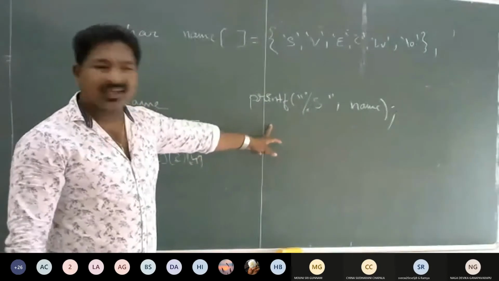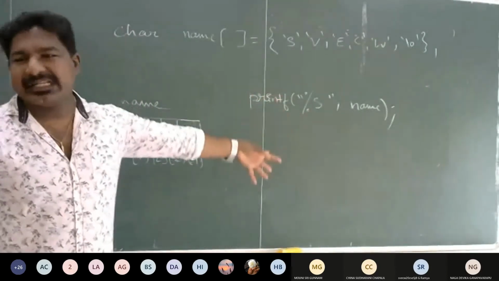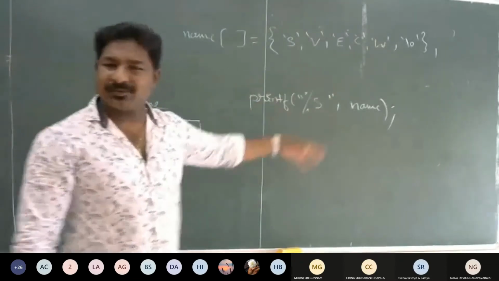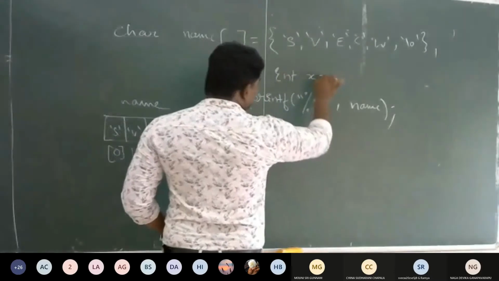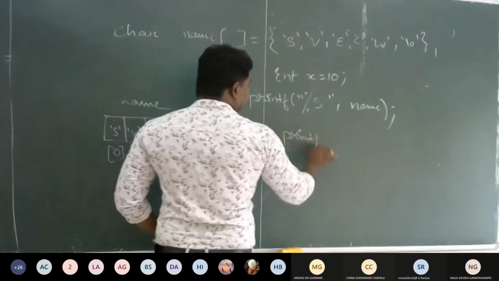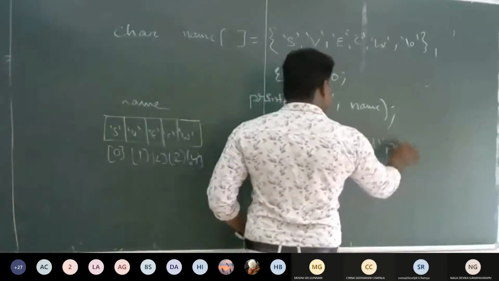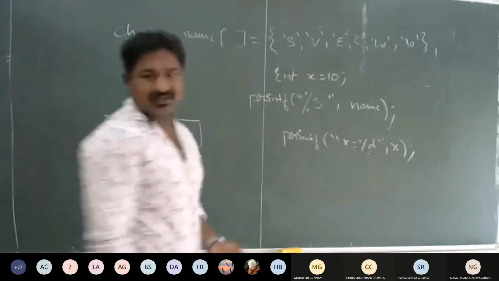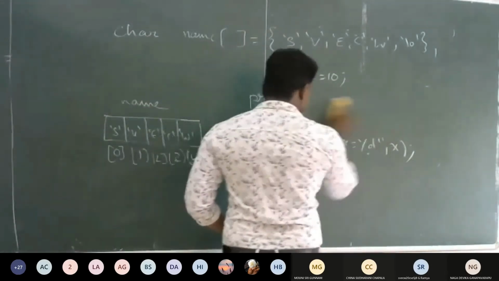It looks similar to the statement we use for printing integer values and float values, right? For example, if there is an integer variable x is 10, how do you print the value? printf, you say x equals %d, then you say x, so it prints x equals 10. Similar to that, you can use that notation for this also.